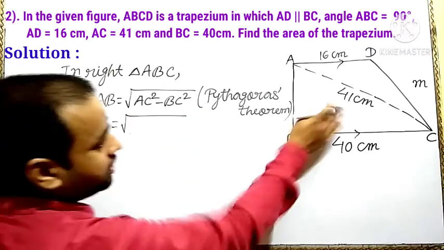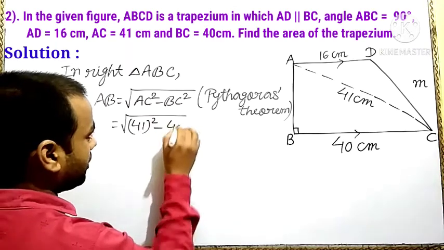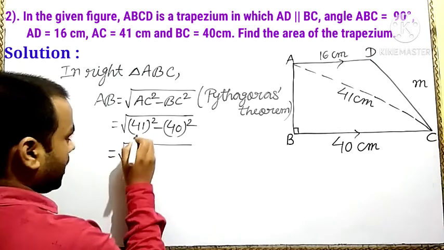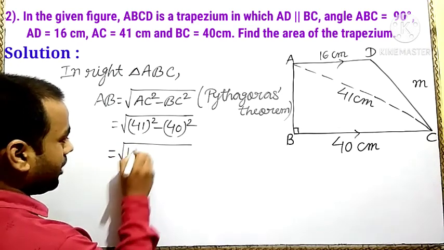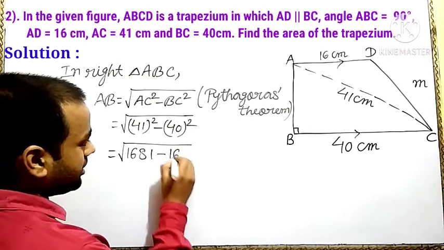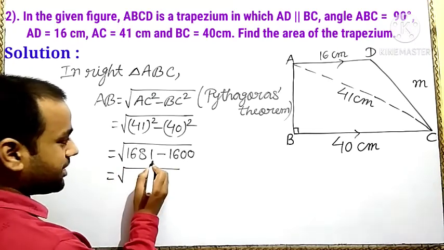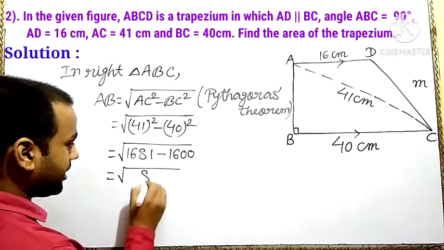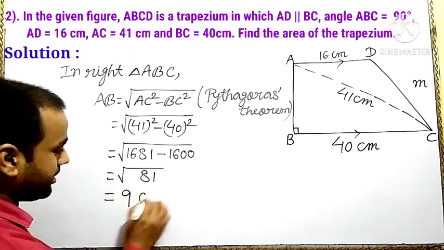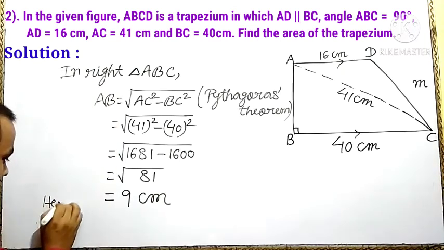Here AC value given 41 square. BC is equal to 40, square of 40. Square of 41 we get 1681 minus square of 40, 1600. We get 1681 minus 1600 we get 81. Square root of 81 we get 9 centimeter. Is it clear? So hence